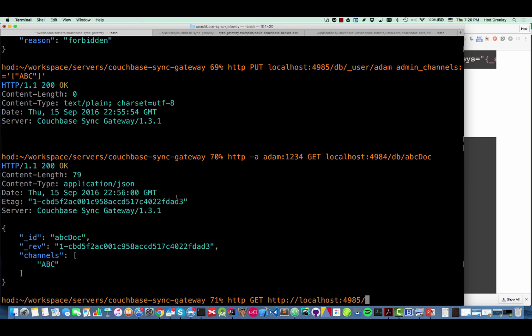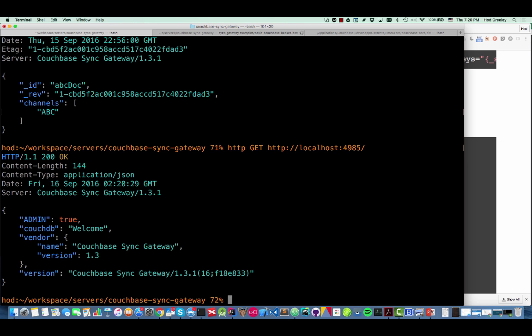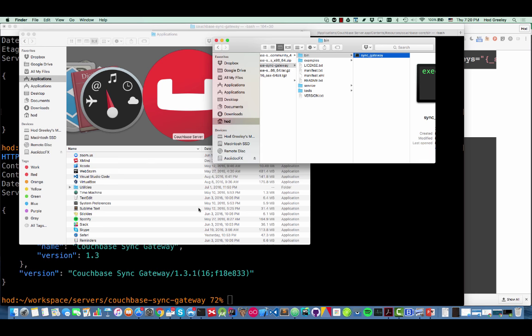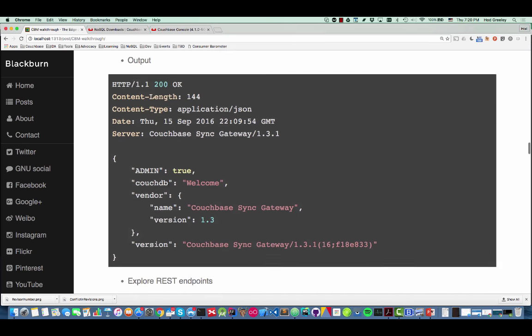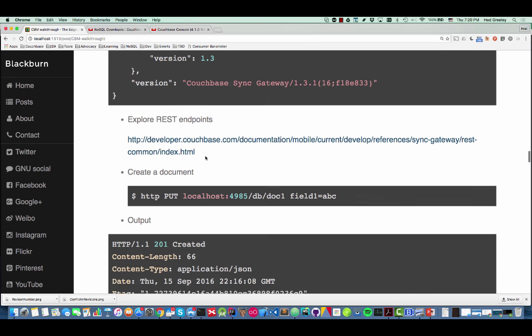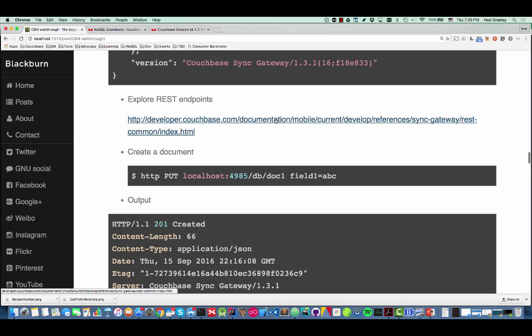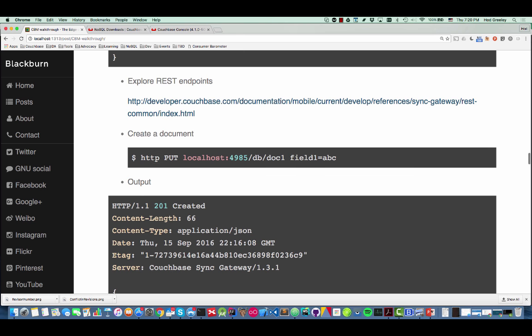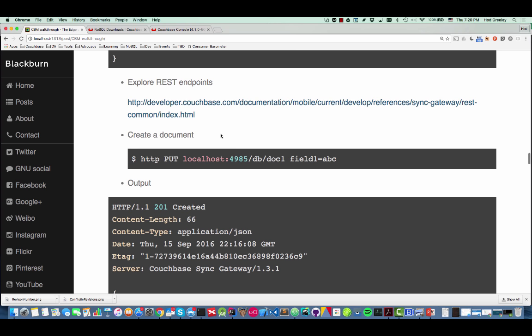The administrative one, I always get these backwards, the administrative one is 4985. Since I've got it wide open right now, it doesn't really matter which one you go to. When I do that, it's going to pop up and give you this nice little welcome message and show you that it's alive and ticking. Again, lots of documentation on other REST endpoints, but here I want to show